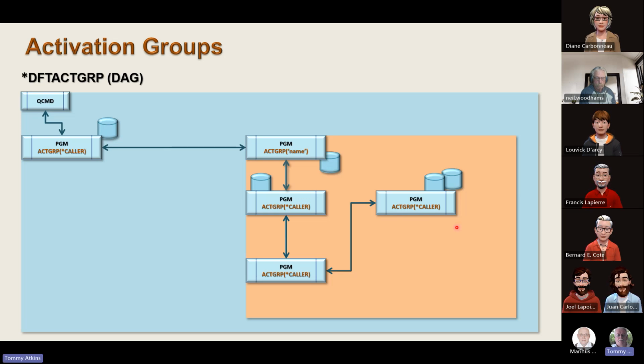Let's go back. That goes back to there. Now, that goes back to there. Now, here's the difference between the system activation group, the system controlled activation group, and the named activation group. If I return to the calling program, this activation group stays open. It doesn't shut down any of the resources. It keeps all the resources open and all the programs are active. So if you call that again,